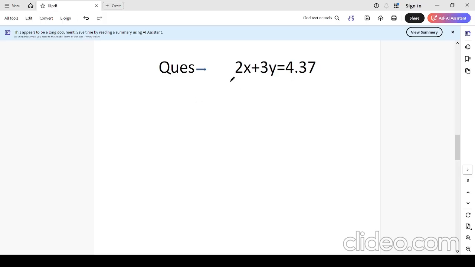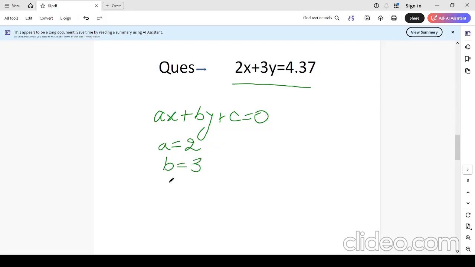Question number 1 is 2x plus 3y equals 4.37. We have to identify the parts, like we have to write it in the standard form, ax plus by plus c equals 0. So what is the value of a here? What is the coefficient of x? 2. What is the coefficient of y? It's 3. And what is the value of c? What is the value of the constant? Again we will convert this into the standard form,